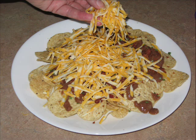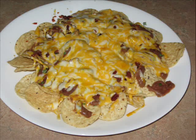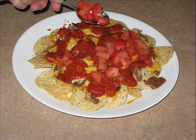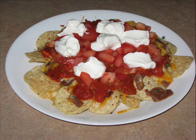Cook your nachos for 1 to 2 minutes or until cheese is melted. Remove the nachos from the microwave and top with warmed salsa, chopped tomato, and sour cream. Other topping options include green onions, green peppers, Southwest chicken, a Mexican cheese blend, cheese sauce, or whatever Tex-Mex foods